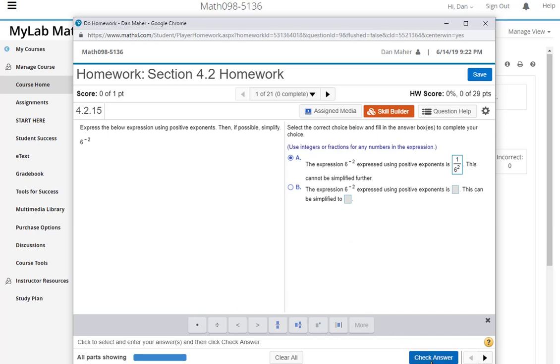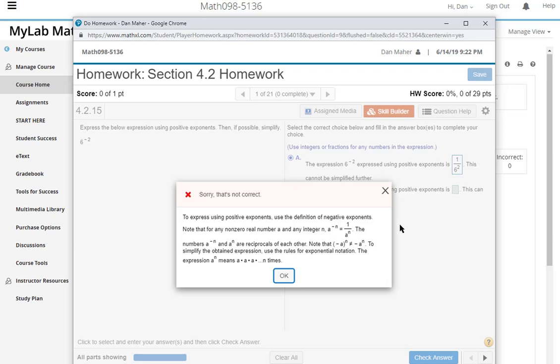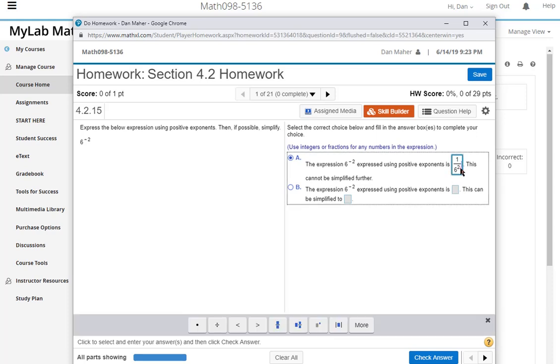And then like this one, I can check the answer, and it's saying I did something wrong. To express positive exponents, use the definition of negative exponents. Note that for non-zero a, a to the negative n is equal to 1 over a to the n, and so on. So what I'm suspecting is that they want, well, it said use an integer or fraction. They didn't want that exponent. So I can say okay, it gives me some hints, and then I can replace this 6 to the 2 power